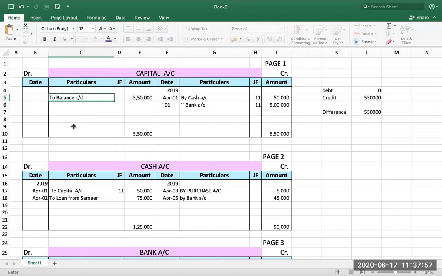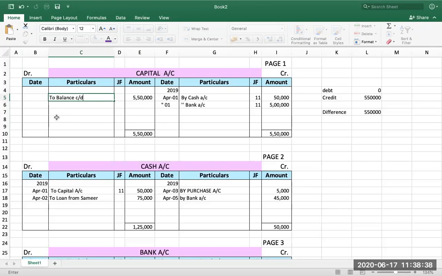Normally, every month end we do this procedure so that we can check which side what is the total. Think about it: if you keep making entries and at the end of the year you have to make the total, it is kind of a mammoth task. It will be too hectic and too difficult. So every month end, because we do other procedures also, as you move ahead you will come to know there are monthly statements which we have to make. So at month end we do this kind of balancing off. This procedure is known as balancing off an account.